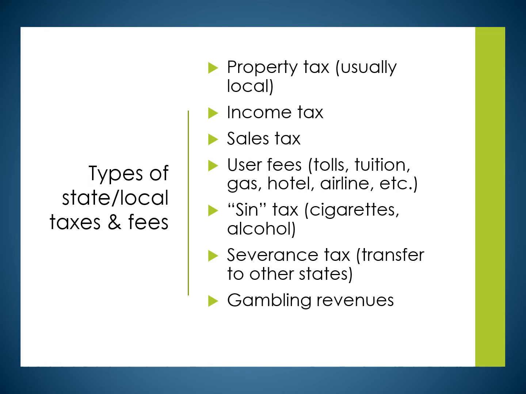Gambling revenue, that's a huge thing that states use for income. We've talked about casino gambling, running the lottery. Anytime gambling is expanded in the state, it's to try to increase revenue. One of the biggest arguments in favor of legalizing marijuana is that the state could regulate it and charge taxes on it, and that would be the ultimate sin tax. States even take in money by selling you things like a vanity license plate, the fee that you pay for that, or the fee that you pay just to get your driver's license. All those things are ways that states try to pay their expenses.